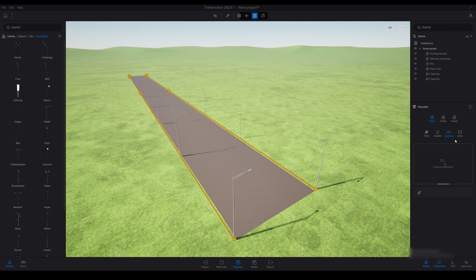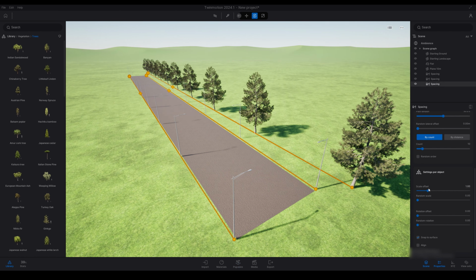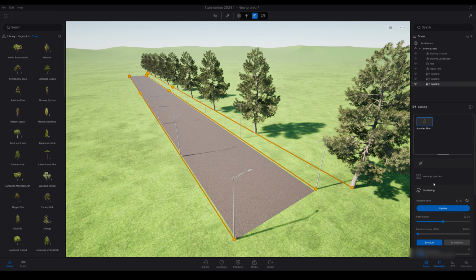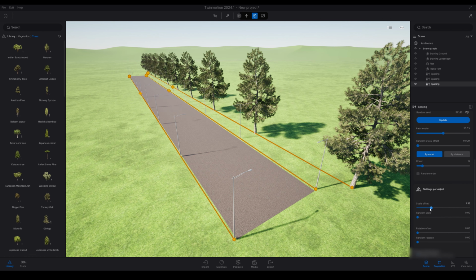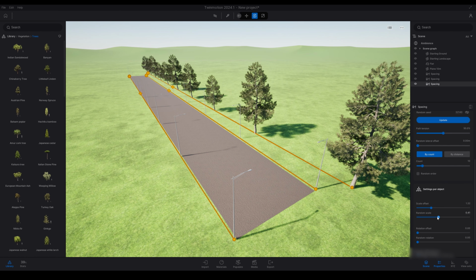That's good. Now I'm going to create another spacing line, and for this one I'm going to be using vegetation. So I'm going to select Austrian pine and drag it over to my spacing box over to the right hand side. I'm going to place my first point and my last point and then press escape. So here are my trees. I can adjust the scale of those trees. I can randomize the scaling of those.